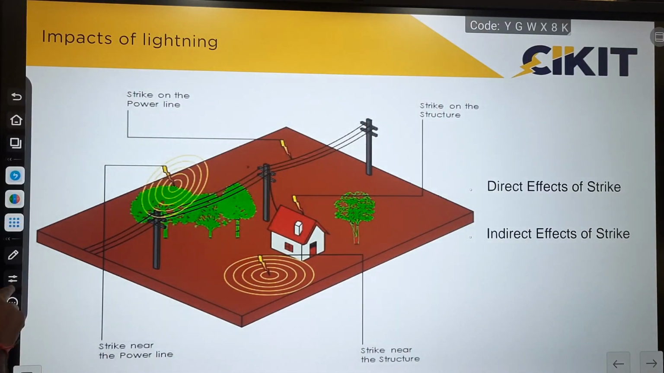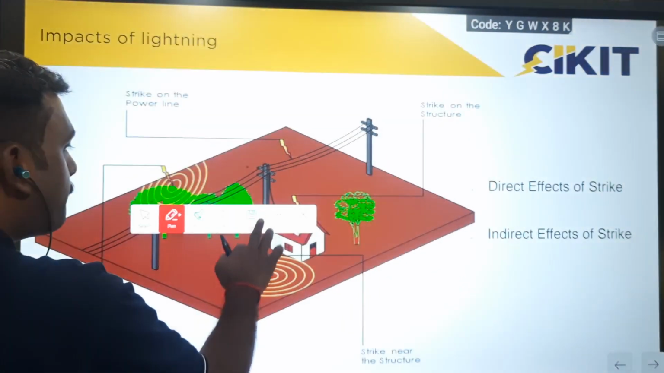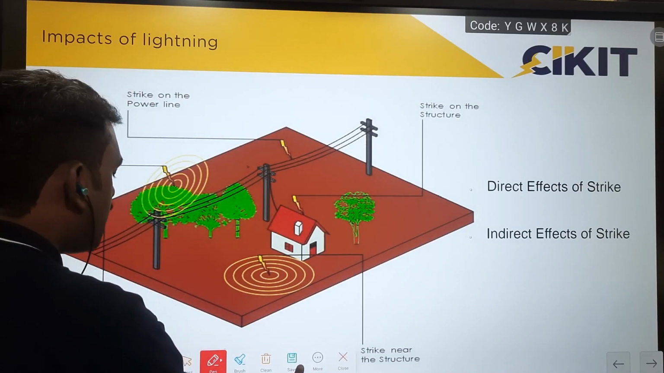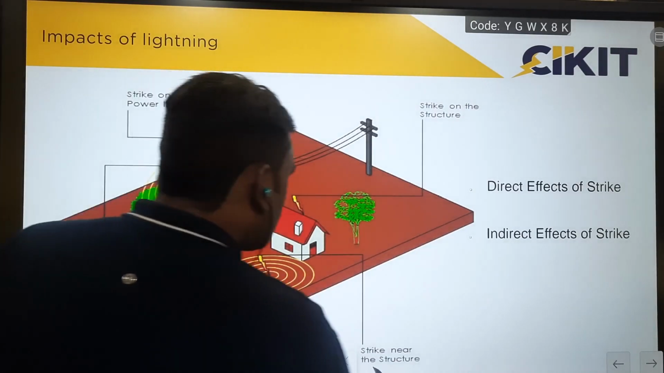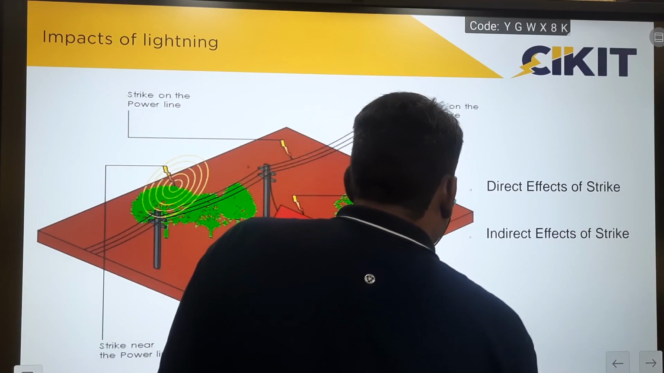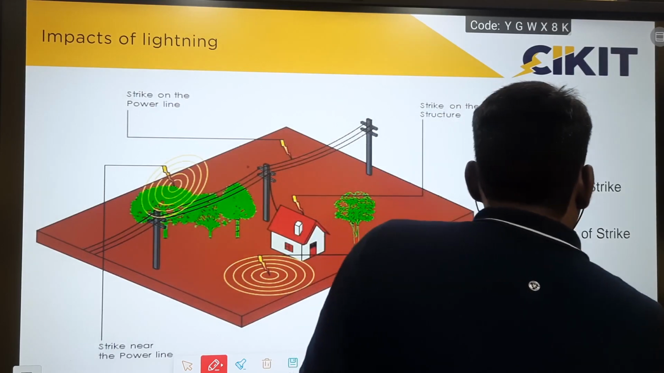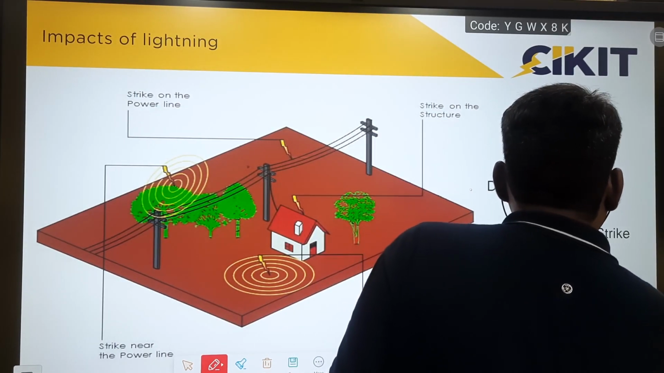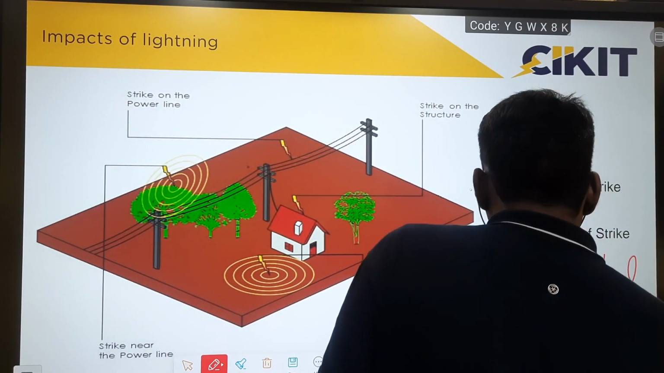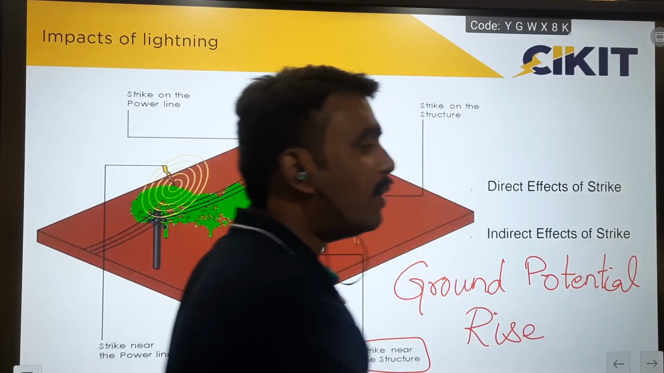Lightning near the structure. So if lightning strikes near the structure, for example, in your case, if lightning strikes near this panel, then what happens? At the time of discharge, the entire ground potential will rise. So the ground potential itself will rise at the time of discharge. Because of this increase in ground potential, there will be some surges induced on the power line and the